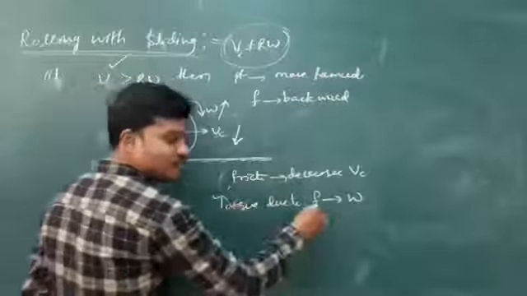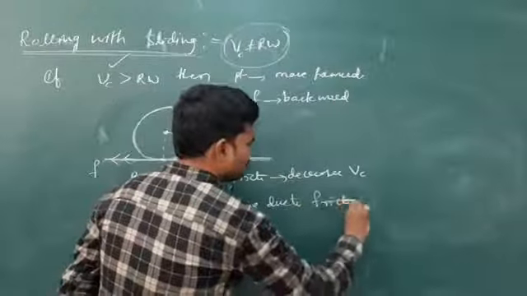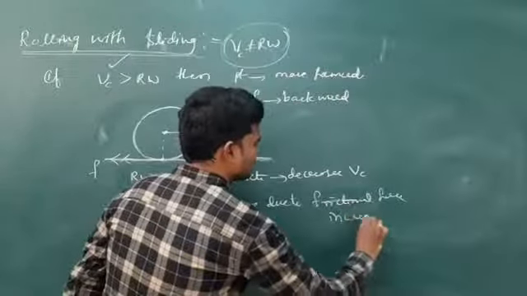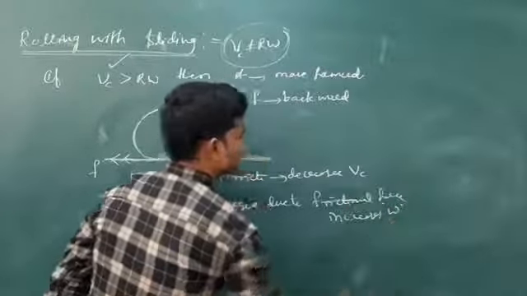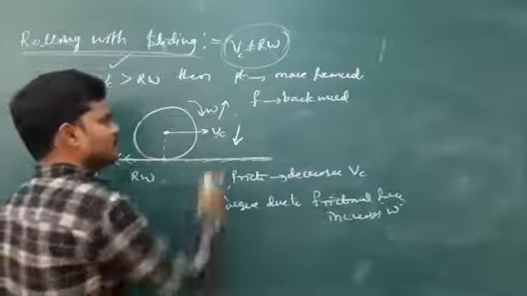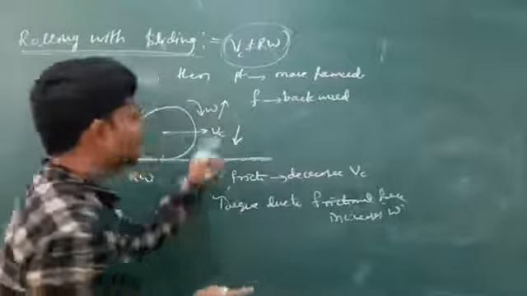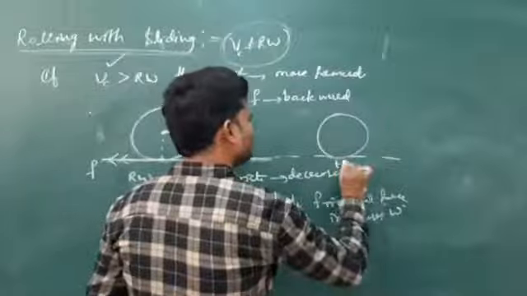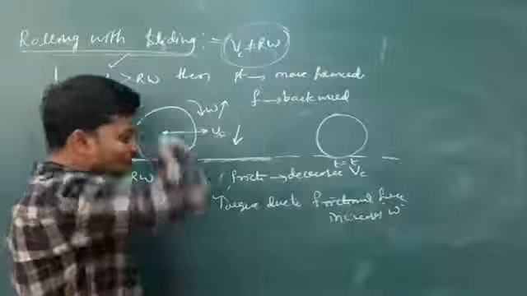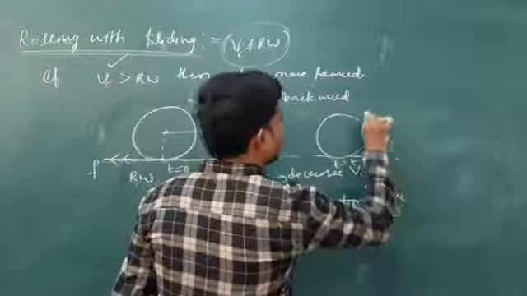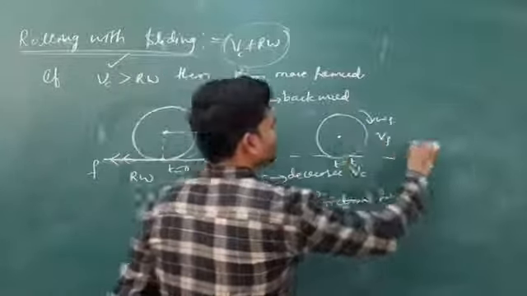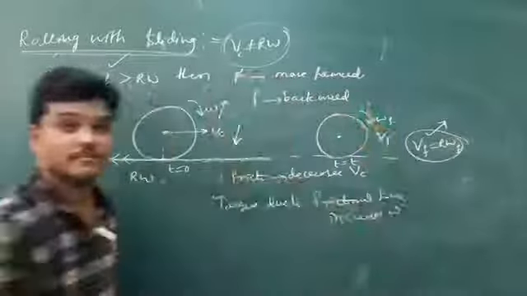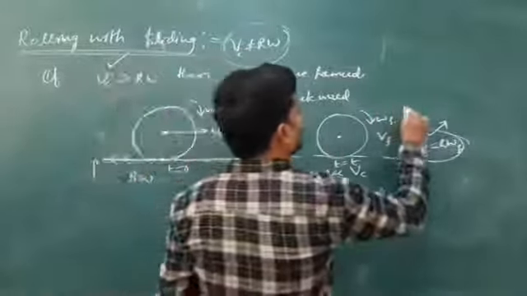Torque due to frictional force increases the angular speed. Okay, so angular speed increases, linear speed decreases. After some time, see, at time t equal to 0 and after a time t equal to t, this is Vf and this is omega f, and no doubt Vf is equivalent to r omega f. That means after some time, this body is set for pure rolling.